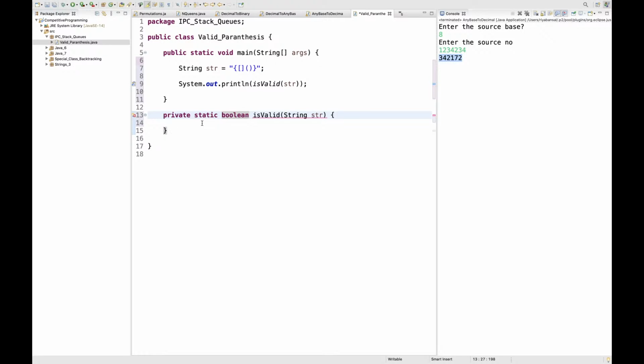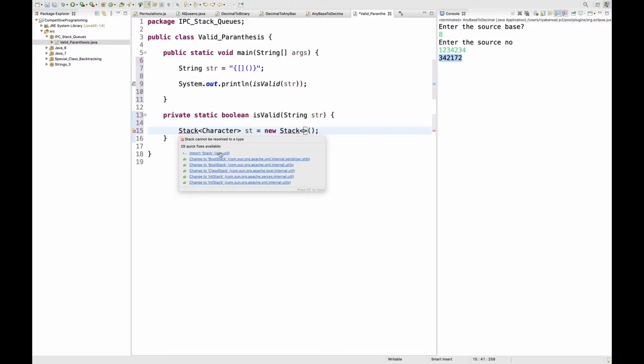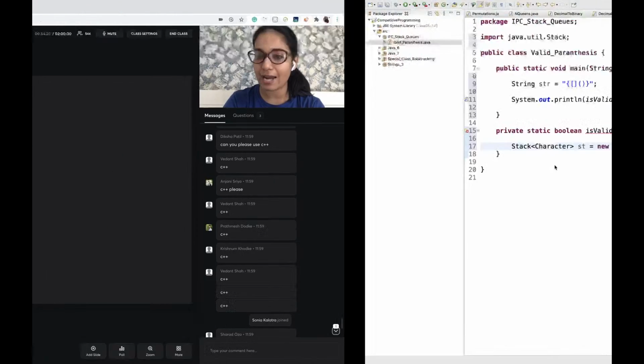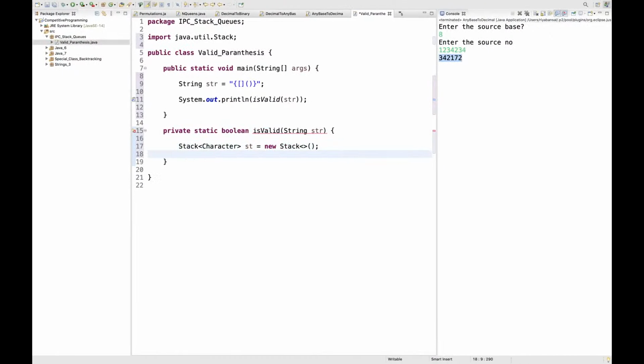So what I will simply do is make a stack of character, and let's call it st, a new stack. This is an inbuilt stack that we are using at this particular point of time. Now let's say I iterate over the whole string.